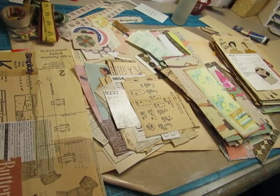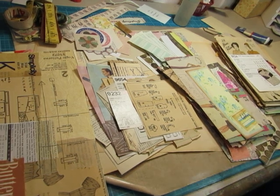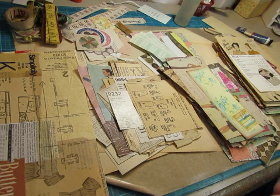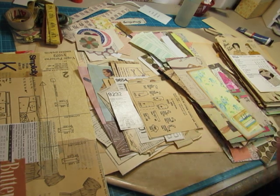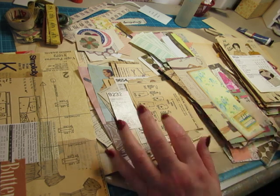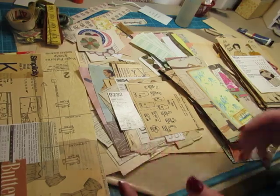I am going to make some ephemera for the sewing journals today, and I think what I need to make are some pockets, maybe a couple journaling cards, but I already have enough tags. So I just have a bunch of stuff. I don't have a plan. I have